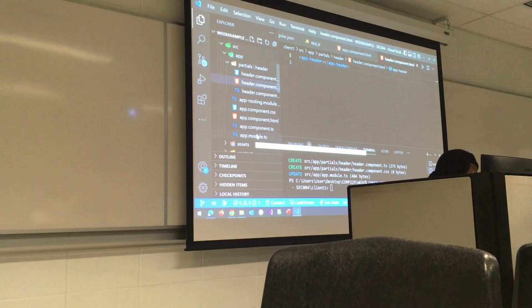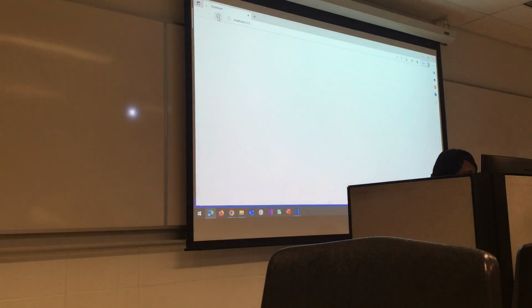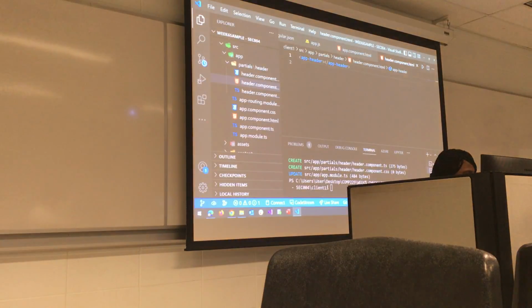So if you save that, you go back to your browser window. Maybe you have to relaunch the app. You have to remember we have terminated that. If you relaunch it, it will say header works.